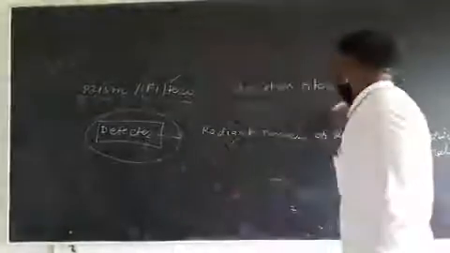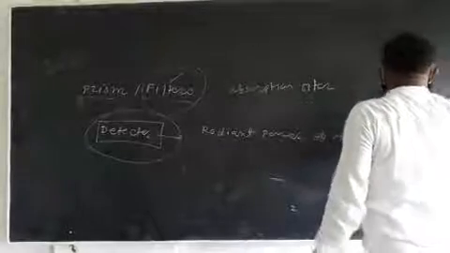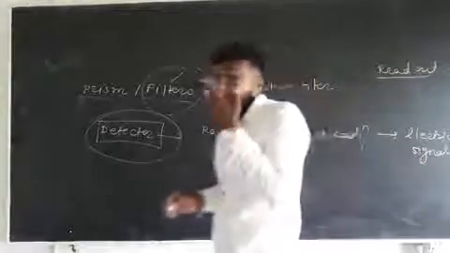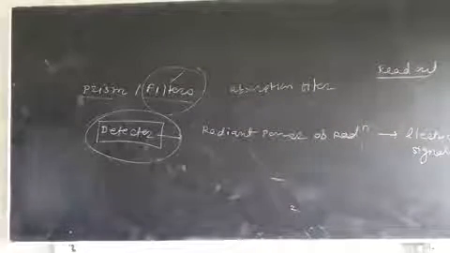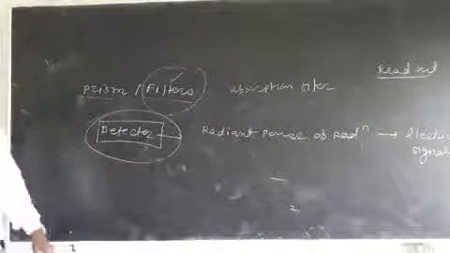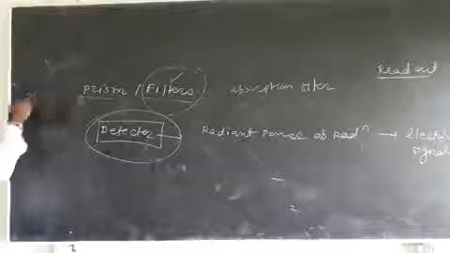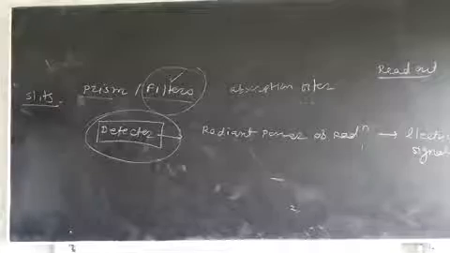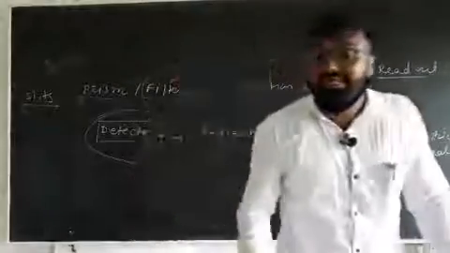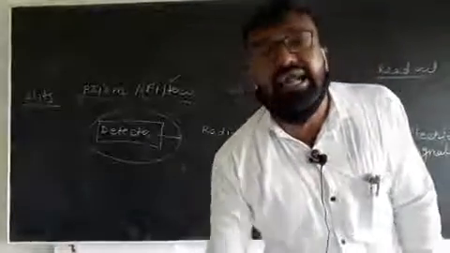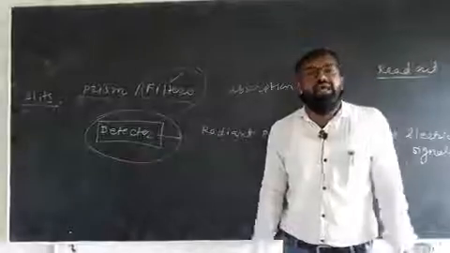Then the last component is the readout device. A simple readout device or a computer program can be used for reading, which gives the reading or, in some cases, directly a graph. Then in some monochromators, slits are also used, an entrance slit and an exit slit. The entrance and exit slits are present to avoid stray light entry during measurement, to avoid error during analysis.